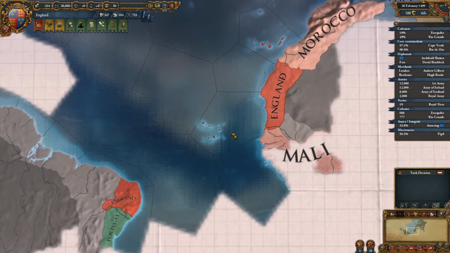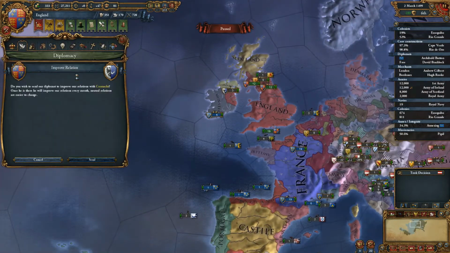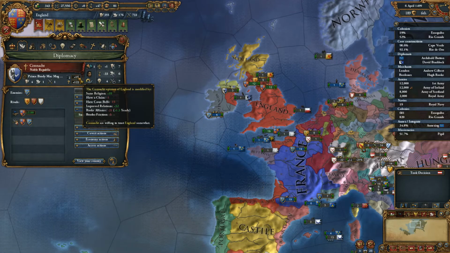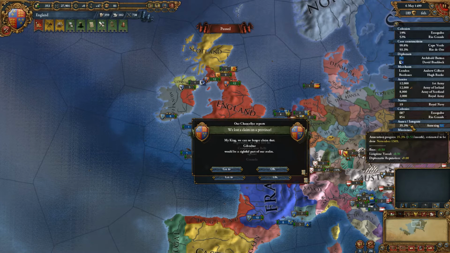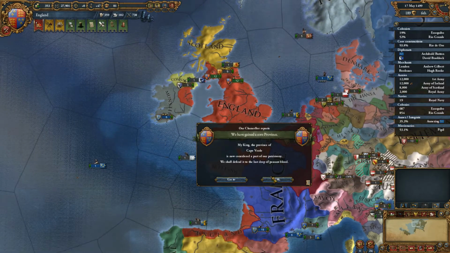So that's good. We are also, I think, going to keep on improving relations with Connaught here, in an effort to get them as a peaceful vassal, so to speak. The annexation of Munster is going fairly well. It's still 10 years until they are annexed, though. So I definitely need more